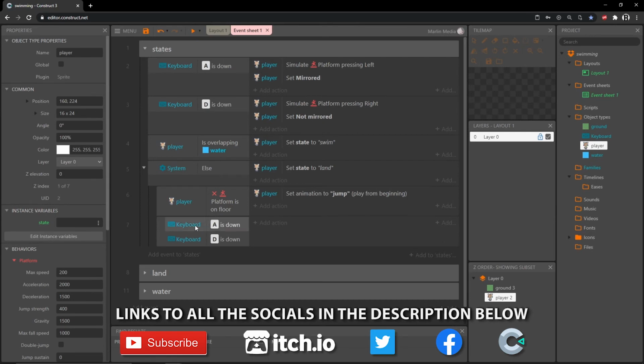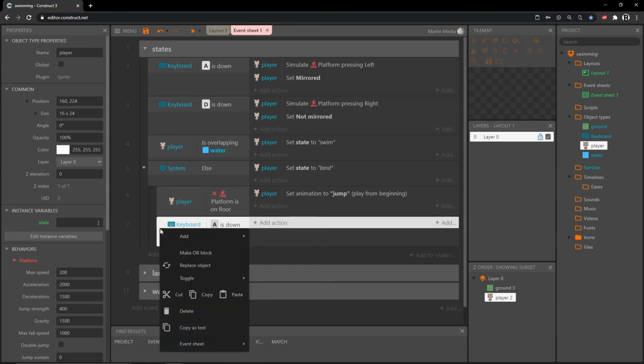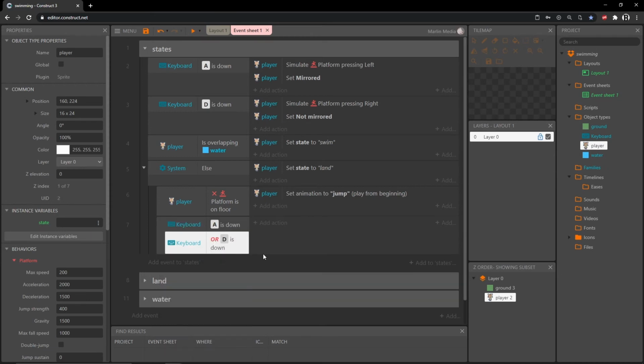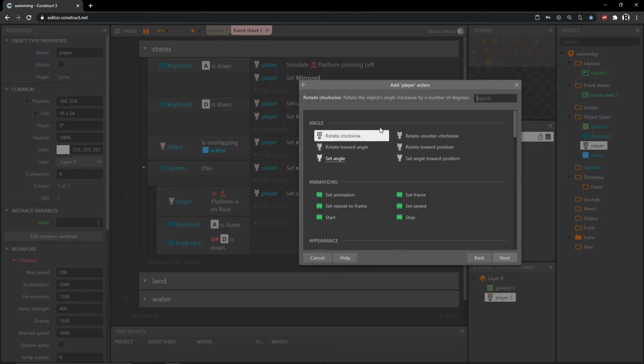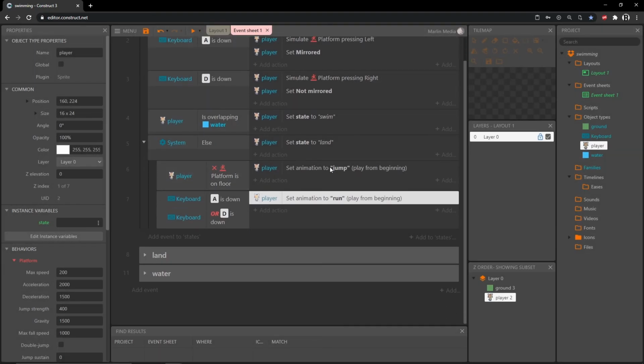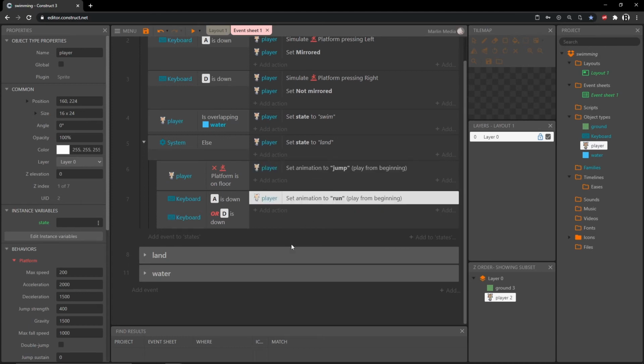But I don't want to check if both keys are down. I want to check if A or D is down. So we can right click on it and make OR block. And it puts that OR in there. So A or D is down. Let's add an action, go into our player, set the animation. In quotation marks, we want the run animation. So now we have told it to play the jump animation, play the run animation,